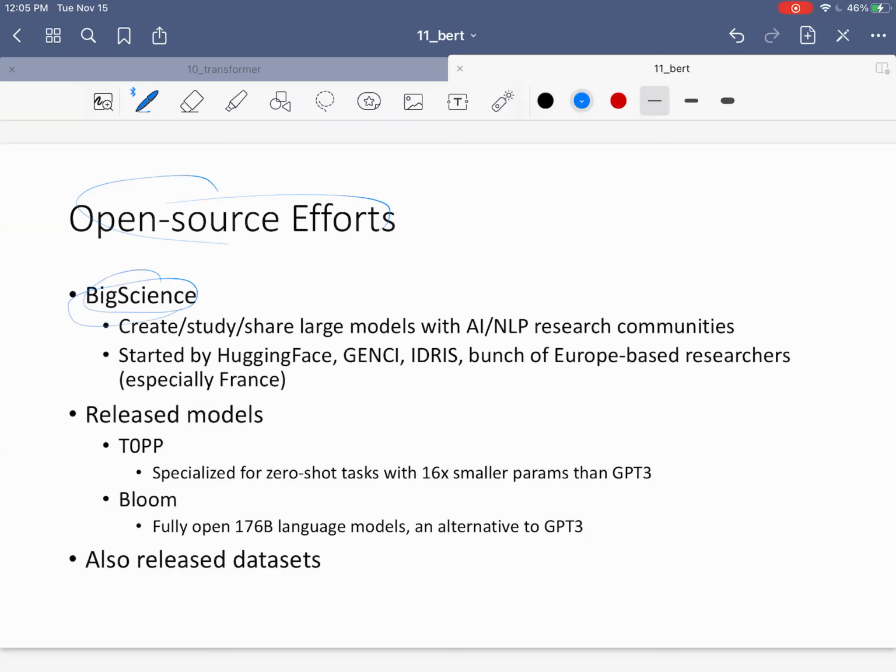So Big Science is like a loosely organized group trying to open source large language models, starting to create, study, and share large language models with AI or NLP research communities. And it was started by Hugging Face. Everybody probably already knows Hugging Face by now. So it was started by Hugging Face and GENCI and IDRIS, which are both, I think, French